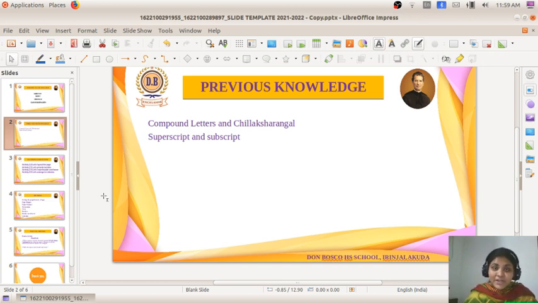According to those chapters, the same continuation is coming in this chapter also, as I have already told. From those chapters we just have to recall the compound letters and chillaksharangal.